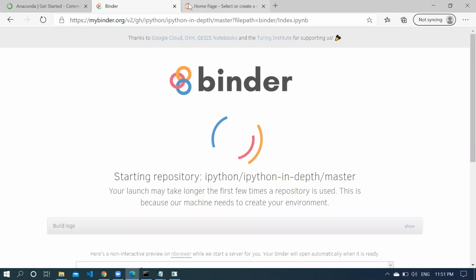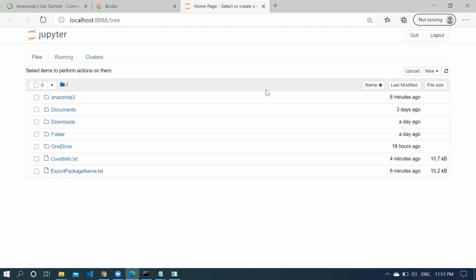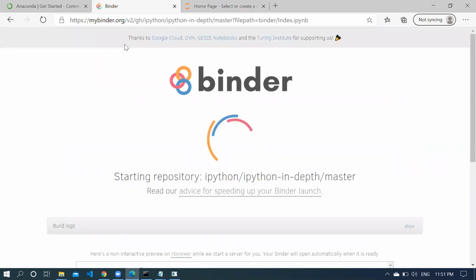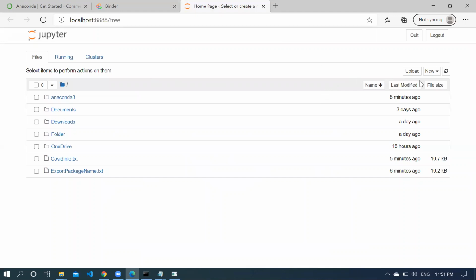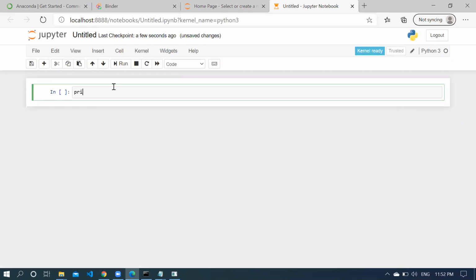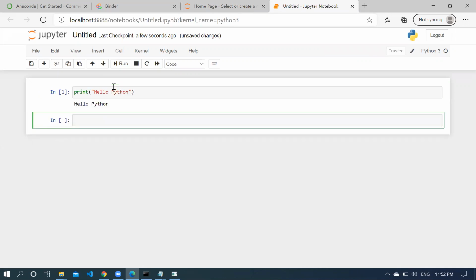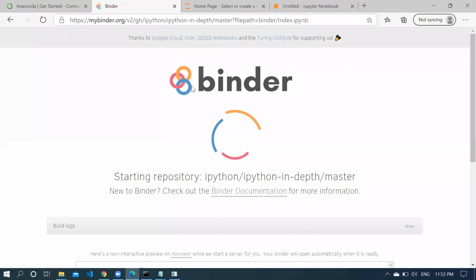So once the environment is set up, you will see this is the application we have already installed on our machine, and that is Jupyter Notebook, which is running on your virtual server, right? So in case you want to create some files, simple, you can go to New and create Python 3. And here, print. Simple, you can run that code and save your code. And you need to remember this Jupyter Notebook will run on your web browser, right? So here it may take time, but it works. Okay.